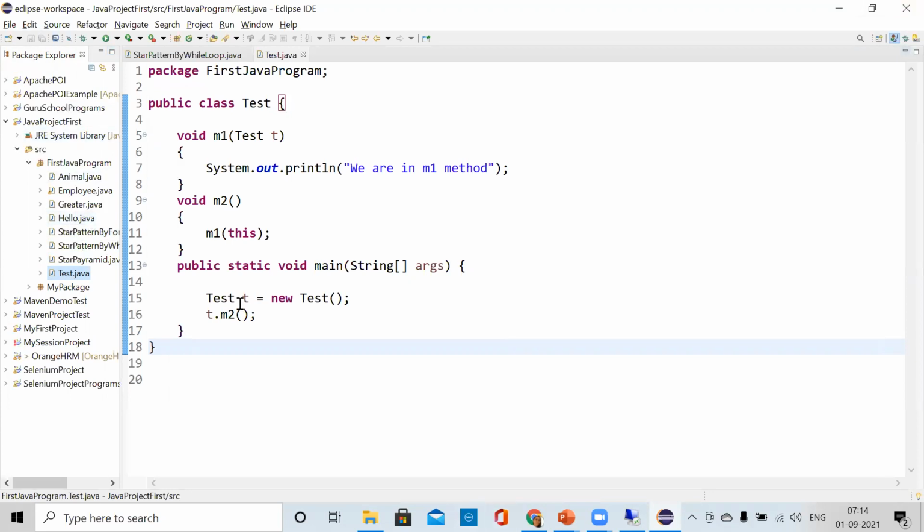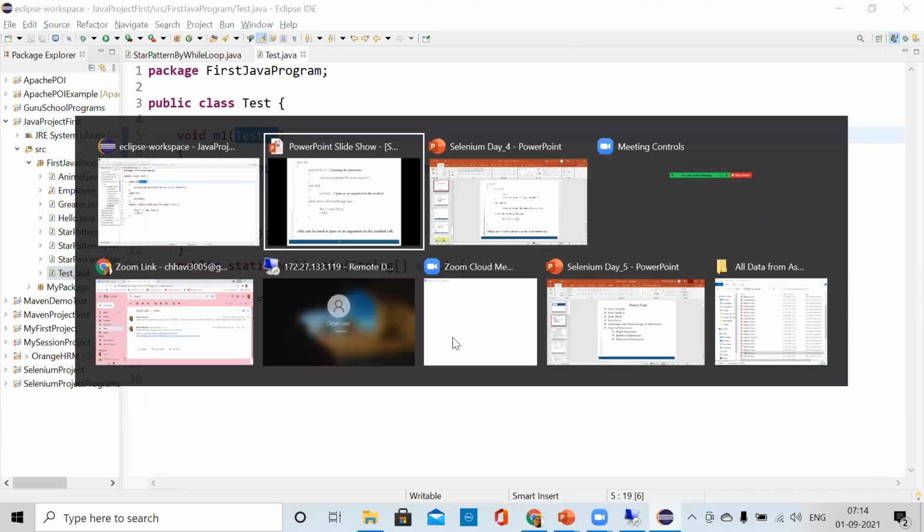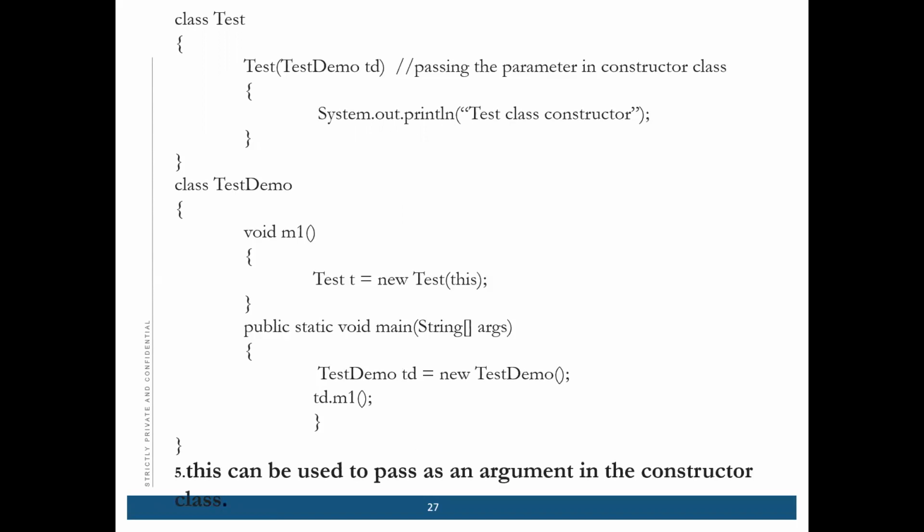Let it be. So this is also one of the uses of this keyword. If we are passing an argument in the method call, we can call that with the help of this keyword. Is that clear to everyone? So this is one of the uses of this.